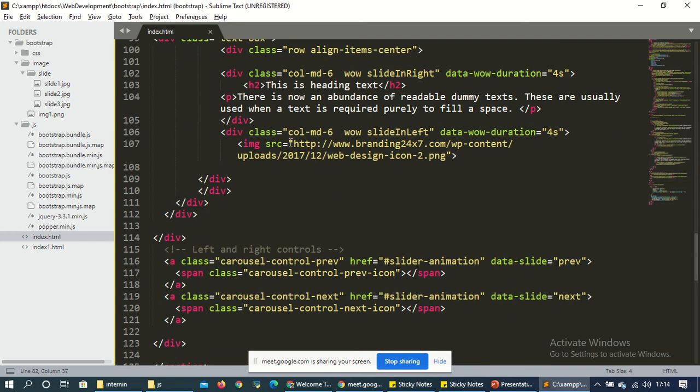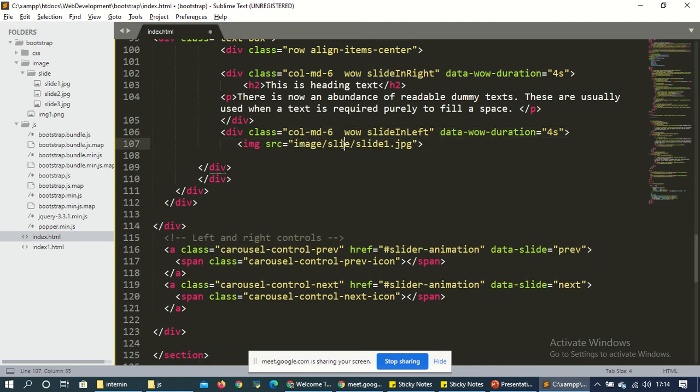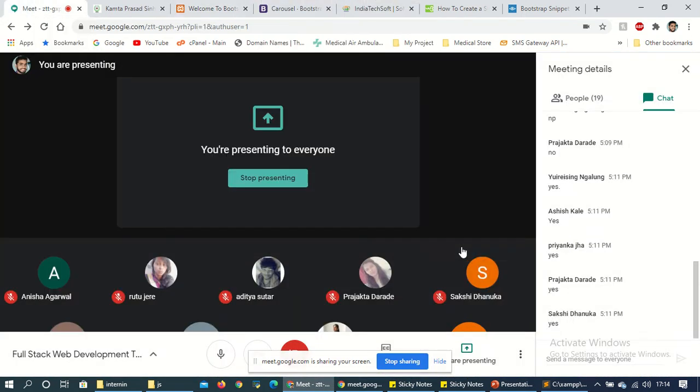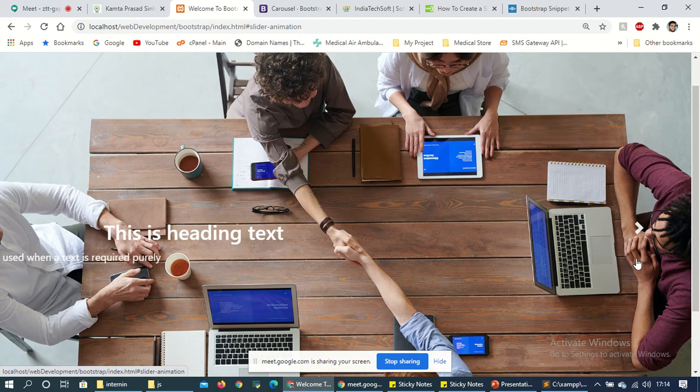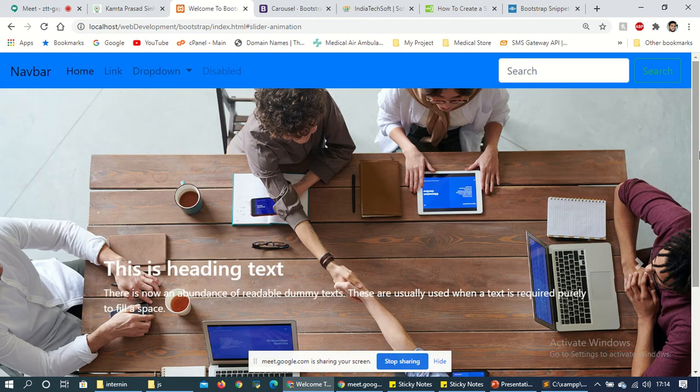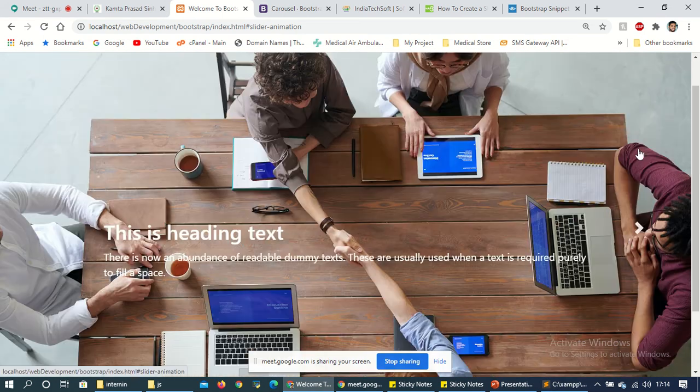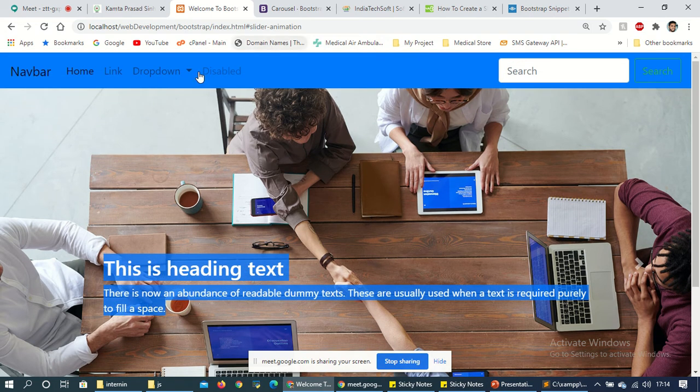Here also change, Control V, slide 3. So the text animation is working. It means JavaScript is working. But why is it not working here?